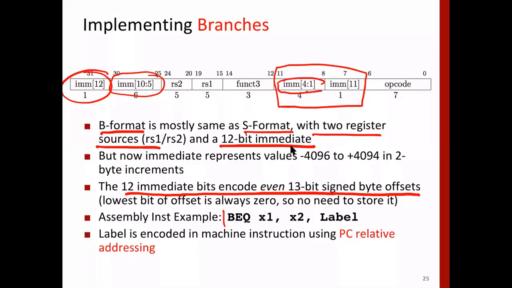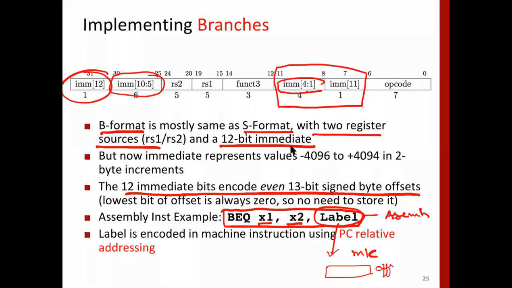So this is the assembly instruction that you have studied. Branch on equal to means that when x1 and x2 are equal, then jump to the label. So this is assembly. But when we convert this into a machine instruction, we replace this by an offset with respect to PC.